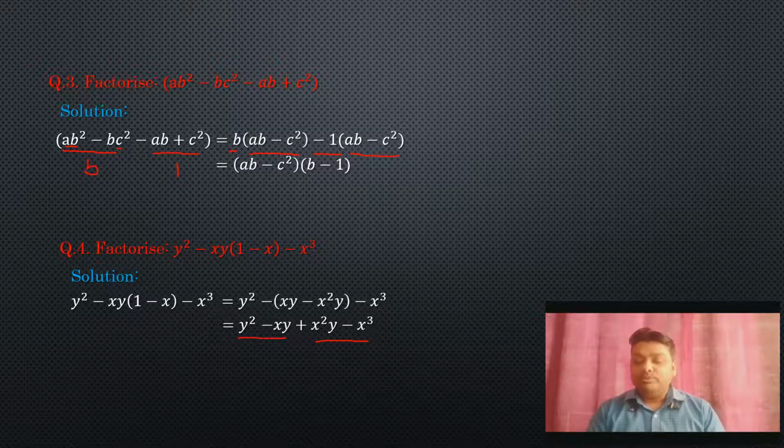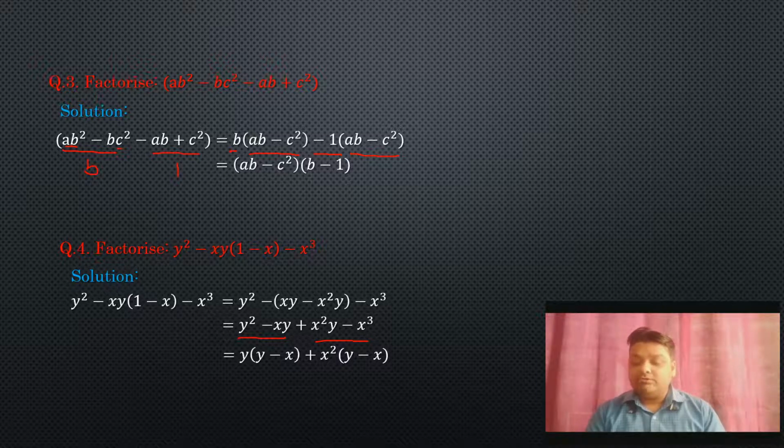Okay, so we can take out 1y here. If we take out 1y, then what is left? Here y squared means 1y we have taken out, so 1y will be left. Same as 1y we have taken out, so what is left? X only, with sign minus x. Now here you can see plus sign is outside, so we will not change the sign. If we change, keep it in the bracket. So x square we have taken out, so what is left here? Y. Now here also x square taken out, so 1x will be left, so x we will write here with the minus sign because my plus sign is outside, so the sign will not change.